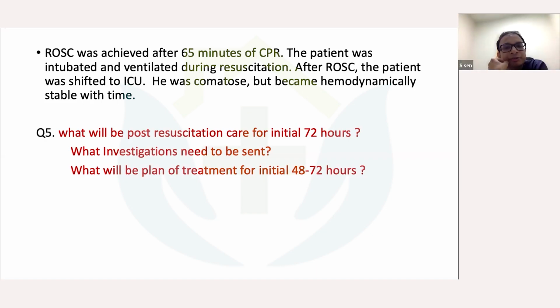What will be your plan of treatment in the initial 24 to 48 hours? I will go for neuroprotective measures in the ICU. Maybe the ICP will be high, so I will keep the patient deeply sedated. I need to give good oxygenation, so PO2 will be high. I would like to keep the CO2 between 30 and 40, sodium more than 140, and glucose control for sure, to avoid fever and avoid seizures as much as I can.